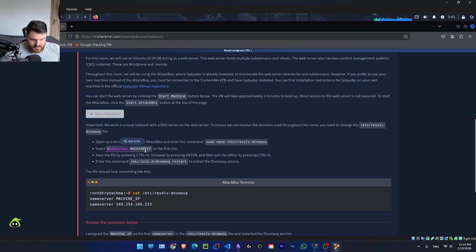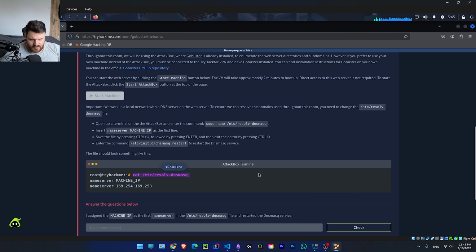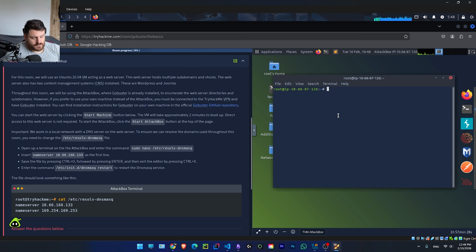Okay, we enter the name server and then the IP, we save it, and then we do a restart. And then we check it out to make sure that it's there. This is, for instance, an example that's already in there. And we go to see, let's see, resolv dnsmasq. We can see here the name server, and now we insert in here